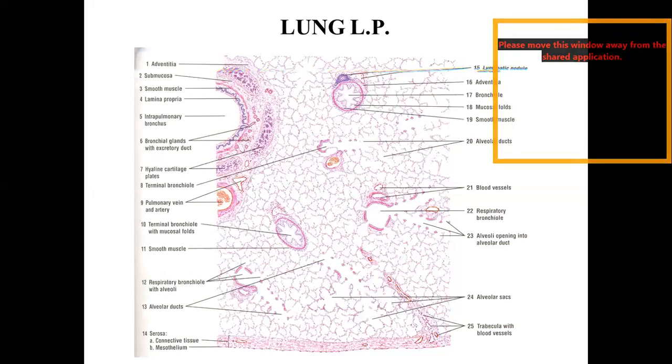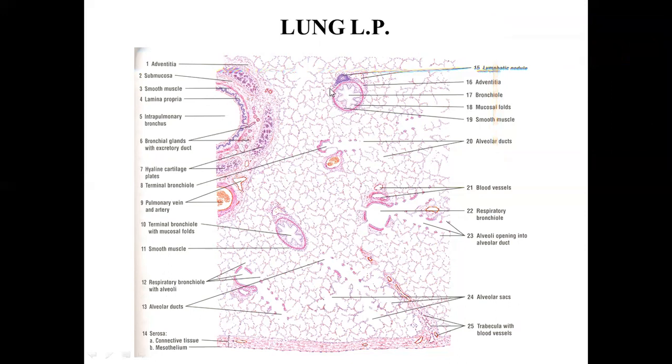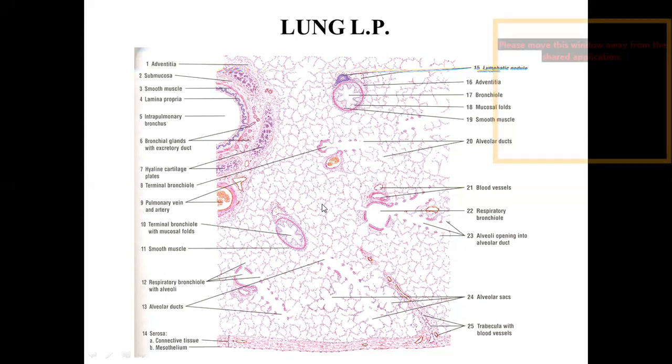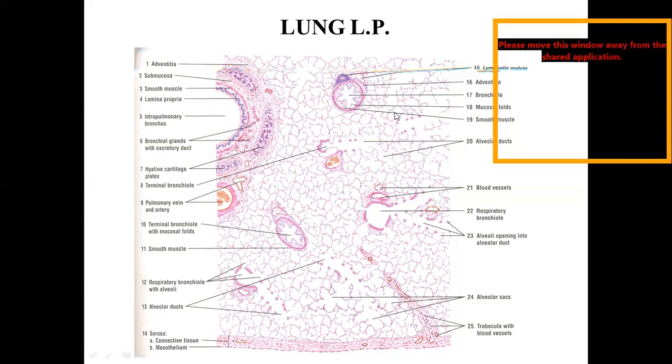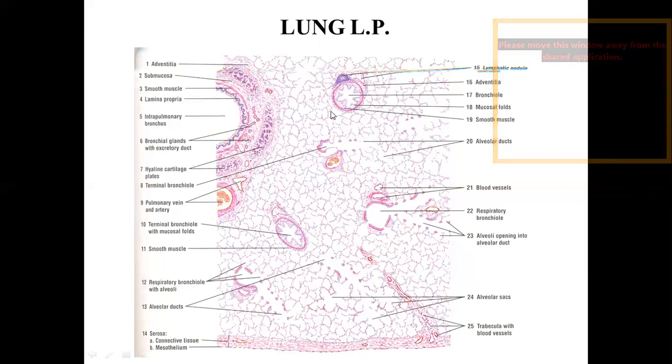Here, if you see the slide of lung, it will appear like this. This is a bronchus. This is a bronchiole. Then this is a respiratory bronchiole with the alveolar duct opening into the pool of alveoli. All these are alveoli. Then you can see these are the red color blood vessels, the ones having the red blood. These are the blood vessels with the three coats, tunica intima, media and adventitia. So with each part, you should know the coat or lining and their differentiating points.